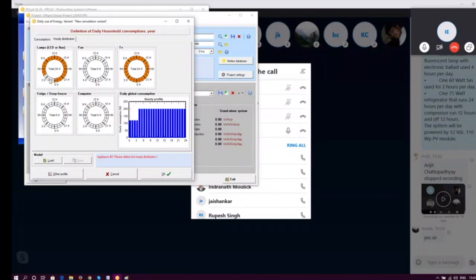For 18 hours, what we have taken is from 4 a.m. in the morning till 12 in the night. Our lights are on, right? For the fans, we have taken 20 hours. Let us consider our fans are only switched off from 10 to 12. So except 10 to 12 in the morning, we will do all the coloring, right? So we'll come to 10. We will just leave 2 hours for both the fans.